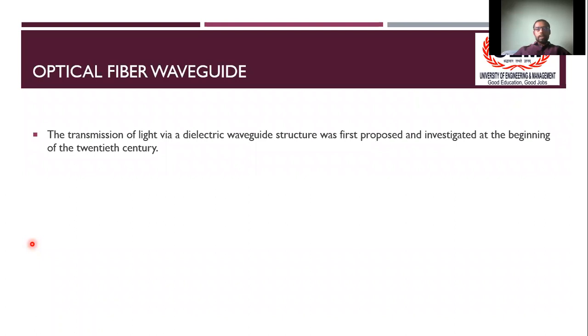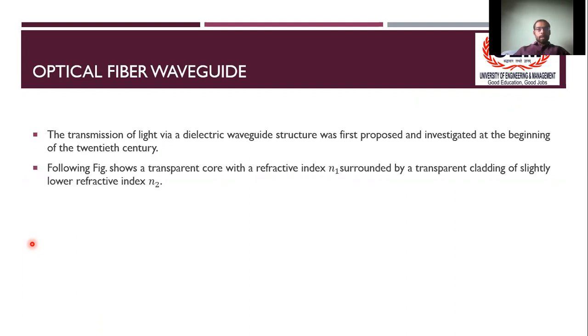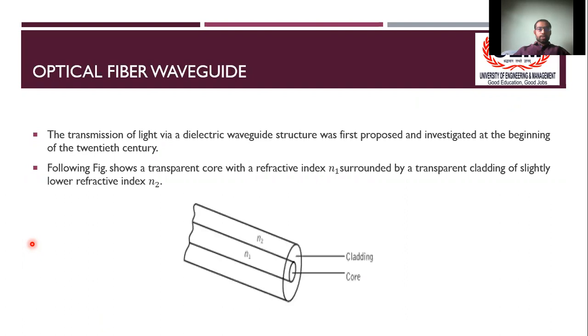Generally, it is a dielectric waveguide structure through which light is transmitted, and the waveguide structure looks like this, where we have a transparent cladding and a transparent core, which have two different